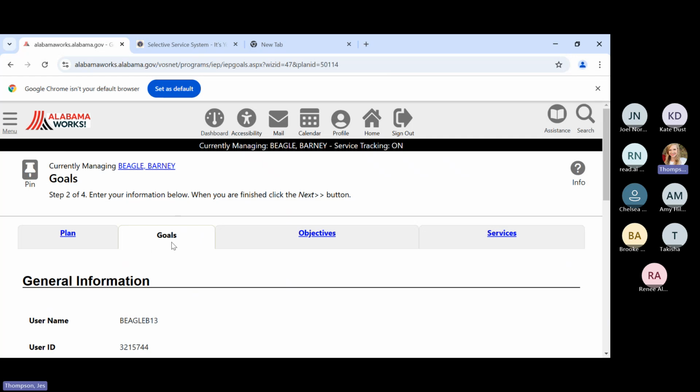All right, so here we have our goals. When you're working with the ISS, there are 4 tabs: the plans, the goals, objectives, and services. You will work with your goals and objectives. For every goal that you enter in, you should have a matching objective to it. Participants should automatically have a short-term goal and a long-term goal, which means they will have a short-term objective and